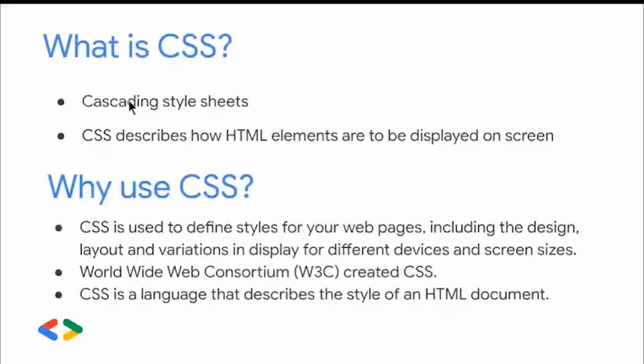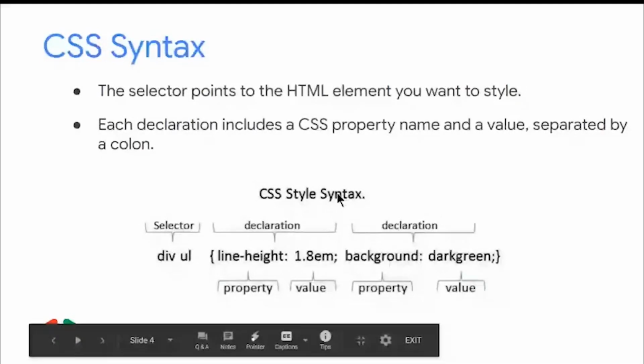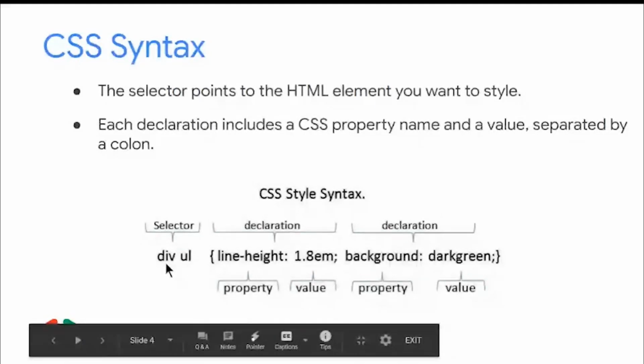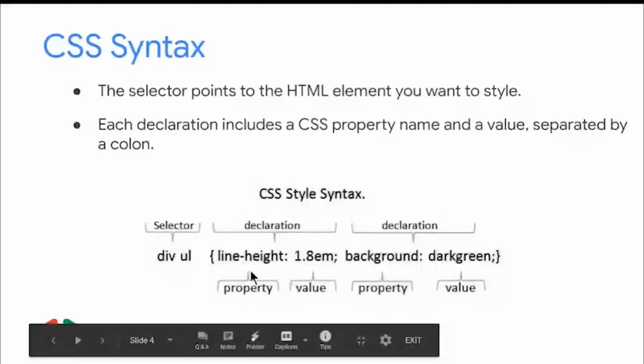So I'm currently talking about the CSS syntax. See here, you can see the selector, right? This can be any paragraph, any HTML element. For suppose, take a paragraph tag, and you are going to call that HTML tag a selector in your CSS file. And then you style your paragraph element with the help of these declarations.